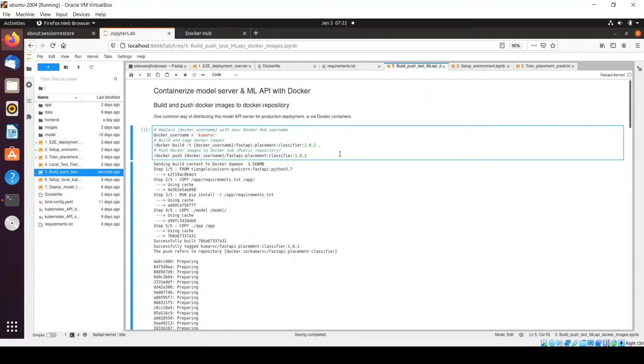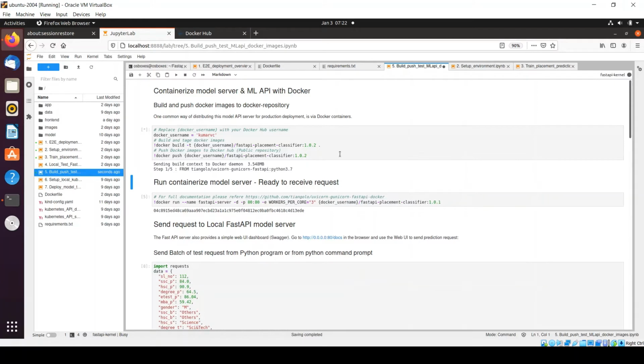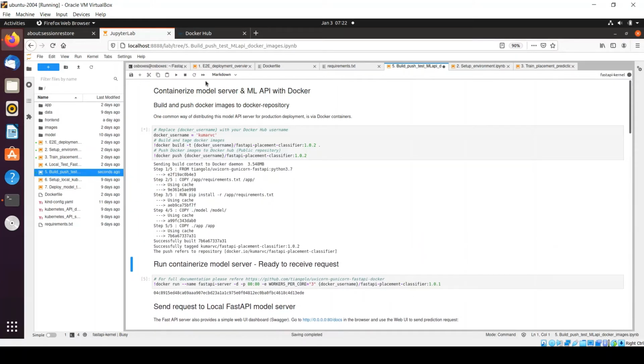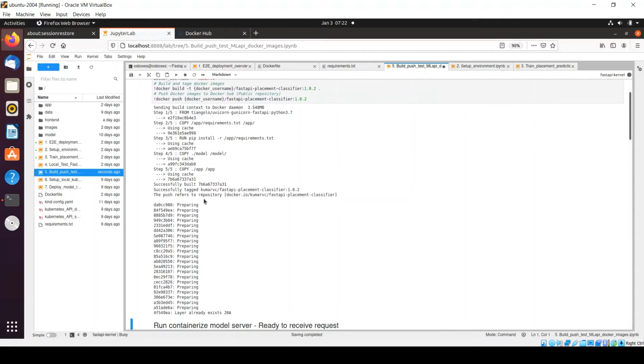So now we'll simply run this command and we'll see. It will take some time. I will just pause my video and we'll come back once it's done. So you can see it has successfully created and tagged the image 1.0.2 and now it's trying to push it.